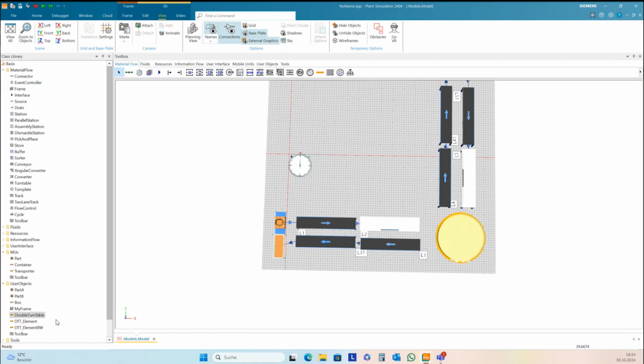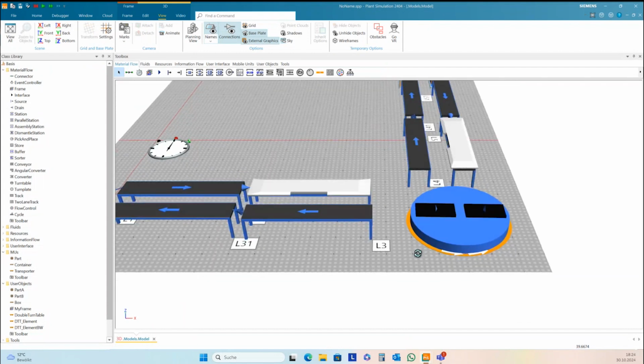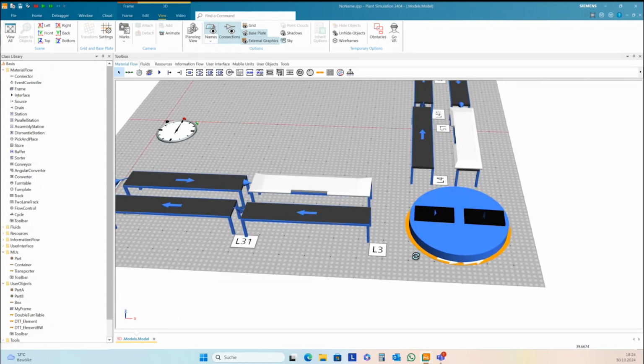Here's my turntable, and now I track my lanes here on the turntable. So, and this is strange in Plan Simulation now. We need to make some settings here so that Plan Simulation doesn't fit this into this area here. One moment. So, okay.